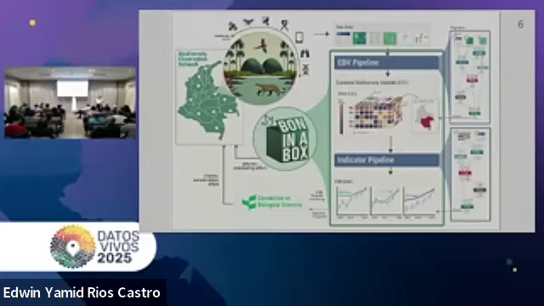And so this is just a schematic of how BON in a Box could fit into a BON, in this case, Colombia BON. So Colombia is collecting data through various means. This raw data can then be put into a BON in a Box pipeline to get EBVs and then hopefully indicators. A pipeline is just a series of interconnected steps to automate the full process from raw data to EBV or indicator. And then hopefully the information derived from the EBVs and the indicators can inform conservation efforts and inform progress and set targets with things like the Convention on Biological Diversity.